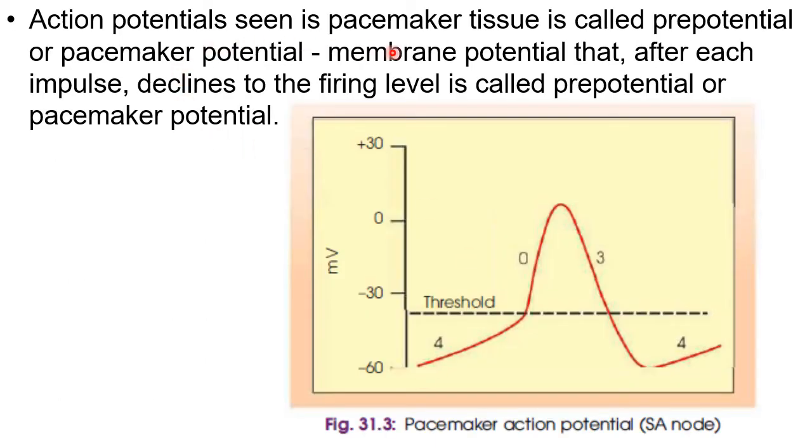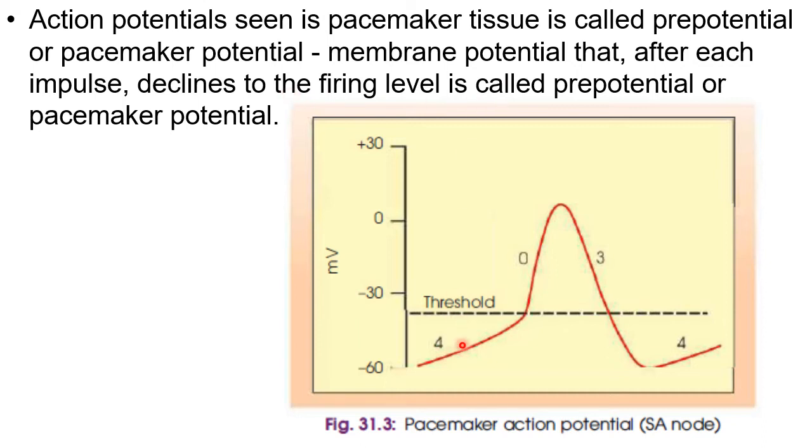Now, the action potential, as I was speaking earlier, in the pacemaker tissue, the junctional tissue which initiates the pace at which the heart beats, is quite different. It has three phases, that is phase 0, the rapid depolarization phase, a slow repolarization phase, and the phase in which the membrane potential reaches baseline. The peculiarity of the action potential seen in pacemaker tissue is that the membrane potential after reaching the baseline automatically declines to firing level,